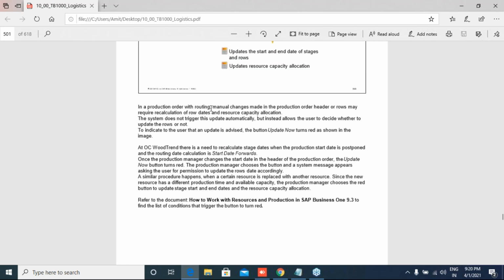In a production order with routing, manual changes made in the production order header or rows may require recalculation of row dates and resource capacity allocation. The system does not trigger this update automatically, but instead allows the user to decide whether to update the rows.